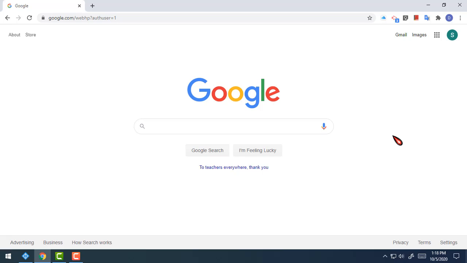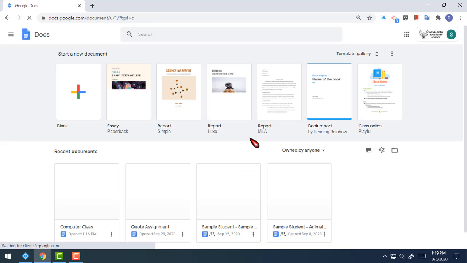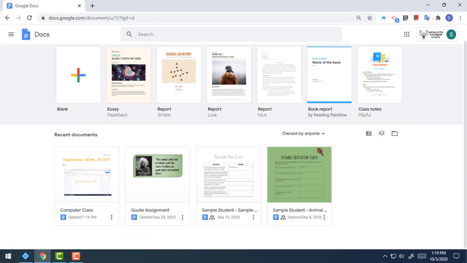All right, so for today, we're going to look at a couple of different things. First, where do we find that Google Doc that we made? Well, if we are in Google and we're signed in, we have this 9-dot grid right here called the App Browser, and when I click on it, I'm really going to focus on two places today. First, this right here that says Docs, which is where we initially went to create a Google document from scratch. If I click on that, I see any Google Docs that I've worked on in the past